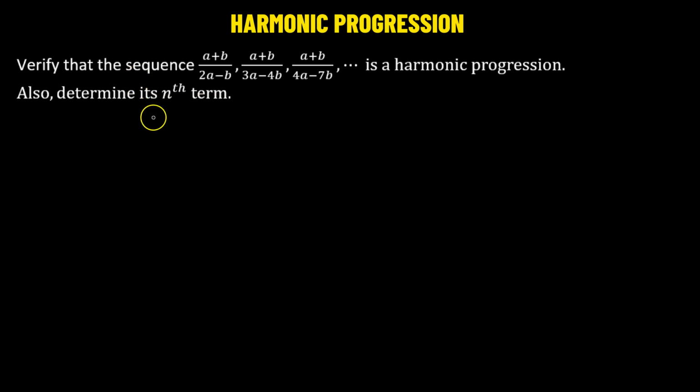So in this problem, we need to verify that the given sequence is a harmonic progression, and also we need to determine the nth term. Let us begin. Now, since we have a sequence here, we will begin by assuming that the first term be